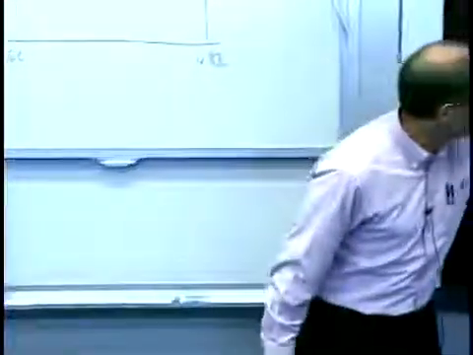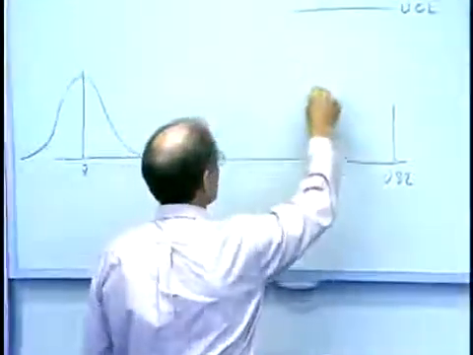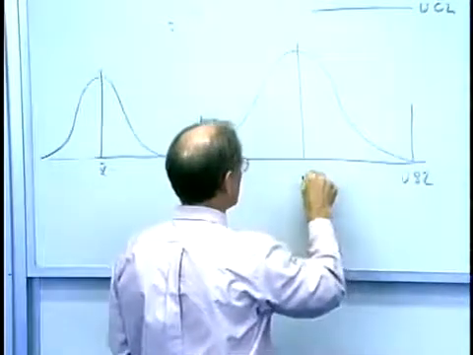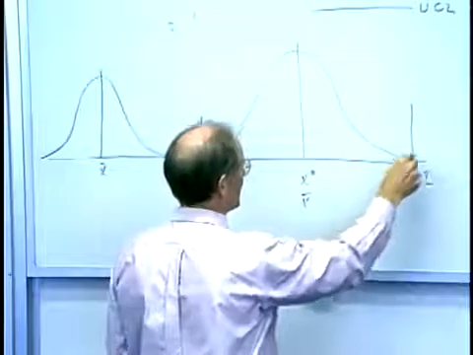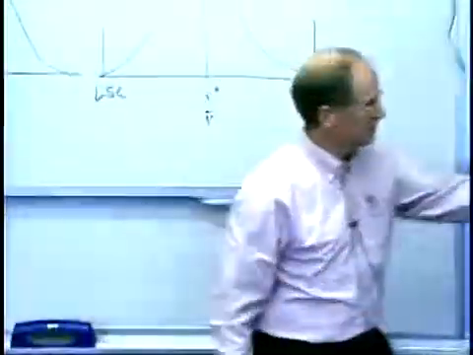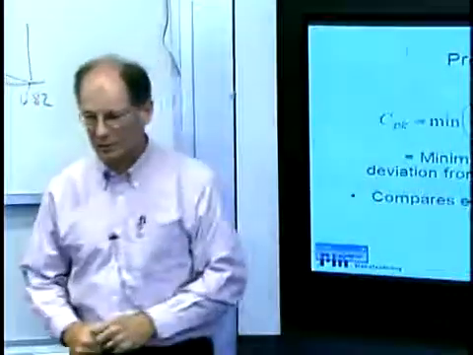this is actually, if it's perfectly centered and it exactly fits like this, what's CPK going to be? So here's the center specification limit, here's X bar. This is exactly plus or minus 3 sigma. This distance here will be 3 sigma. So your process capability, CPK, will be 1.